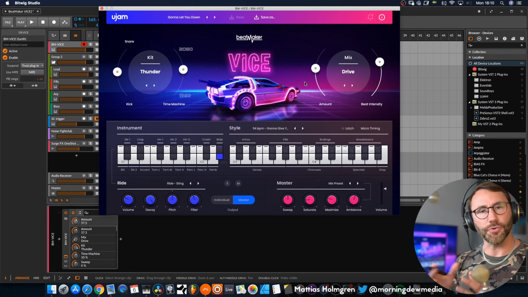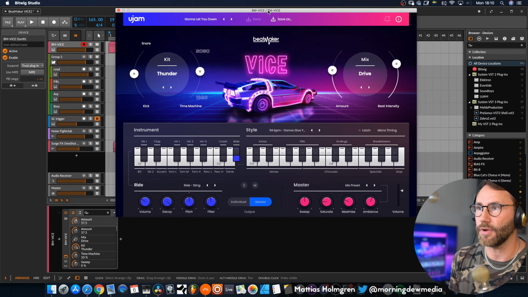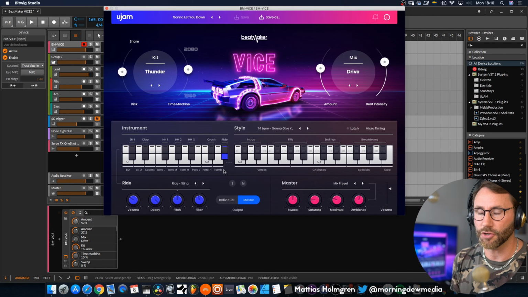So you can really tune in the perfect sound which suits your piece and the rest of the music you have going. In the middle of Beatmaker VICE, we have the instrument section and the style section. The instruments here are your individual drum hits. And if we select one of these drum hits, you can also make individual changes to these by changing volume, decay, pitch,